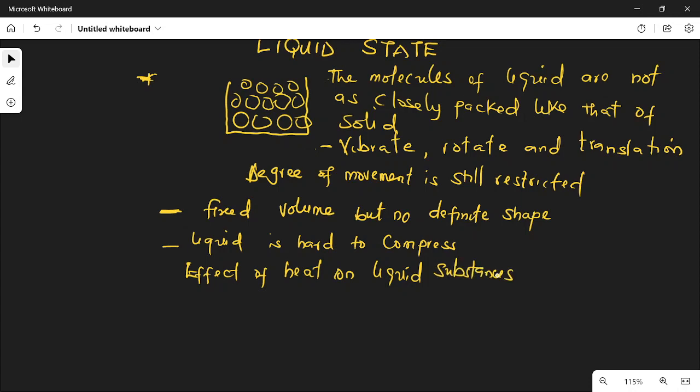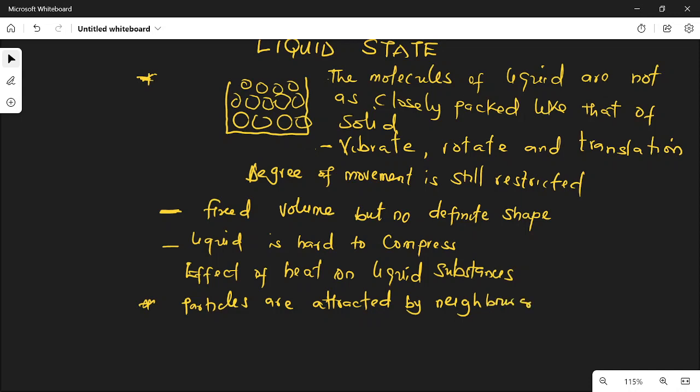What is the effect of heat on liquid substances? Now, the first thing I want us to understand about liquid substances is that their particles are attracted by their